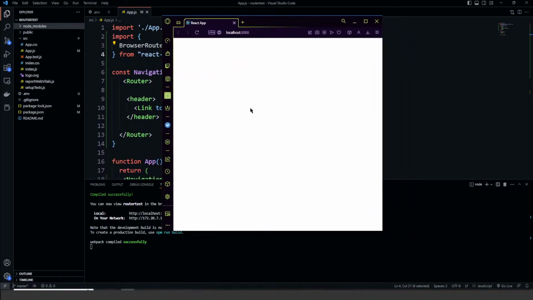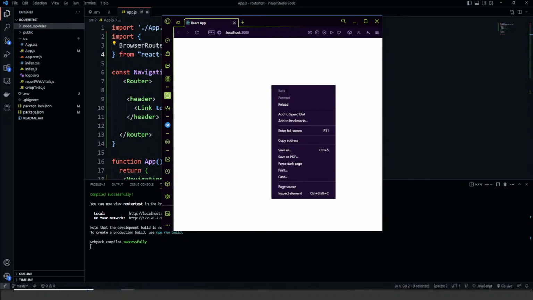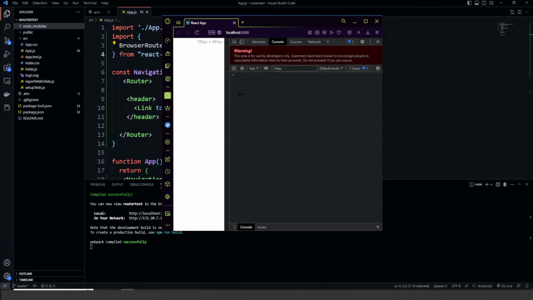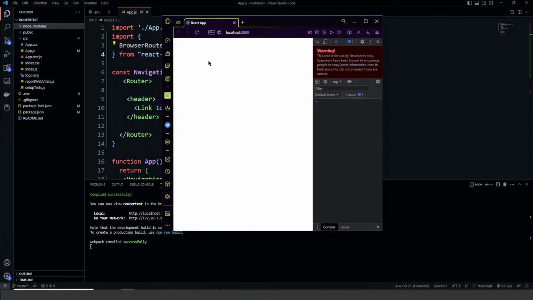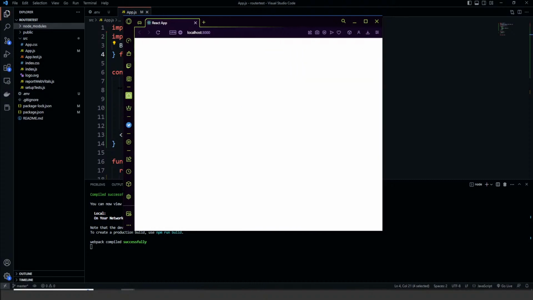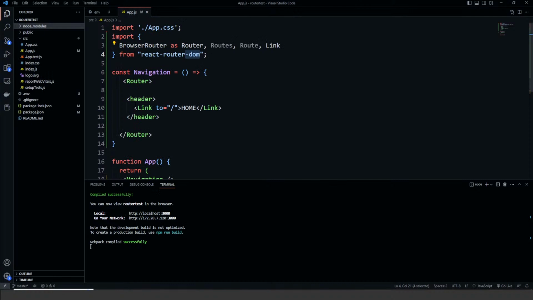And now we have our web page here. There is a web page, but there is nothing on it. And if we look in our inspect element tool into our console, we notice there's no console information here. What's going on? Why is there nothing on our page? We have this link here, but we haven't told it where this link is going,